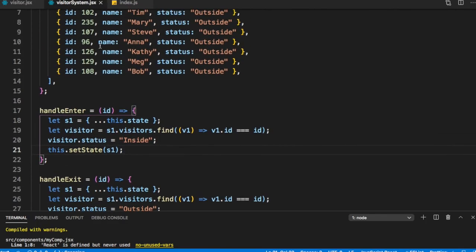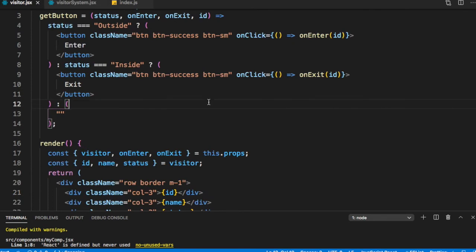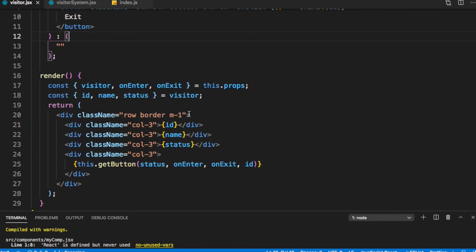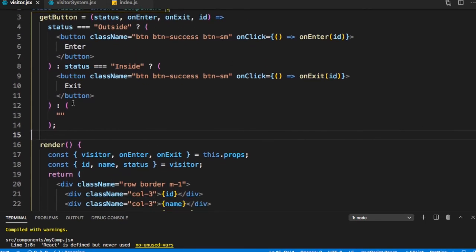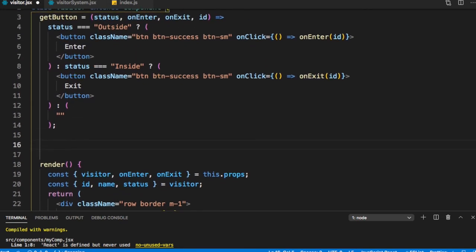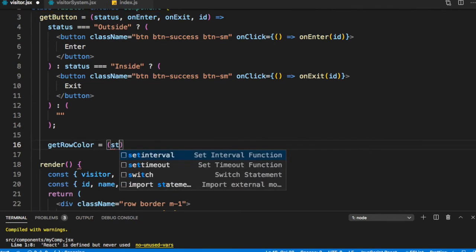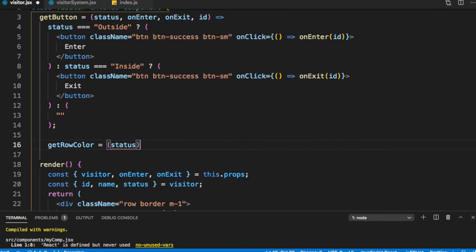So good, this part is working. Now let's go ahead and in our visitor also implement the color that we want to show of the row depending upon whether it's inside, outside, or waiting or in queue. So let's say getRowColor is equal to, depending upon the status we want to show it.